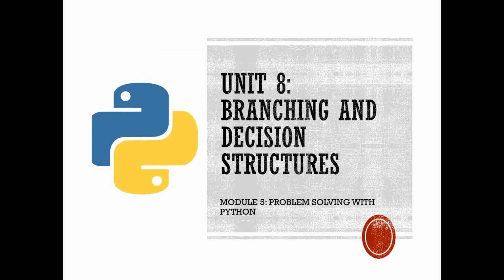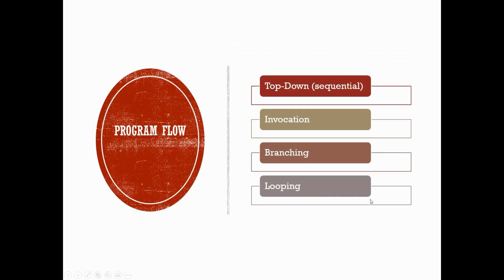We are continuing with Module 5, Problem Solving with Python. For Unit 8, we're going to be talking about branching and decision structures. If you remember from the last unit, we were talking about a variety of different program flows. We learned about top-down and invocation, and we're going to learn a third type of program flow in this unit